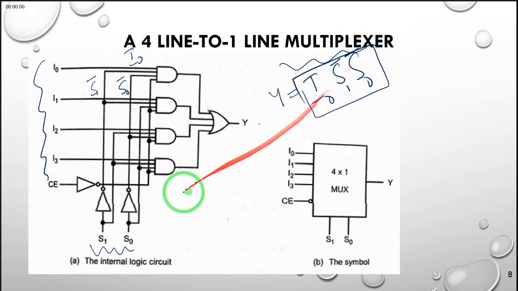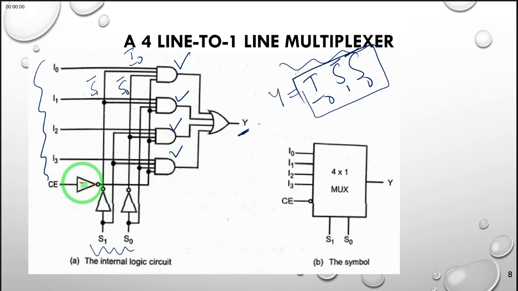And because these select lines can only have one possible combination at a given time, Y will be given by this sum of products of these AND operations,